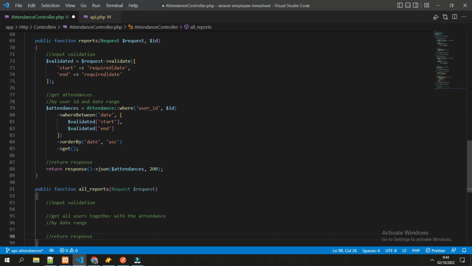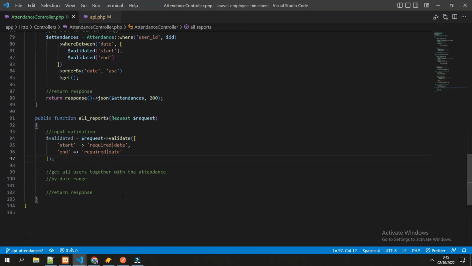For the input validation, it is the same as the reports function, so we can just copy it. And for the users, we'll create the users object first, and because to get the user we are using the user class, we also need to load the attendance class for each user.